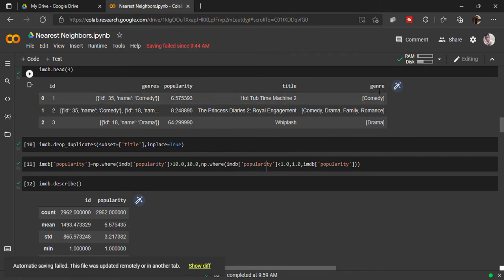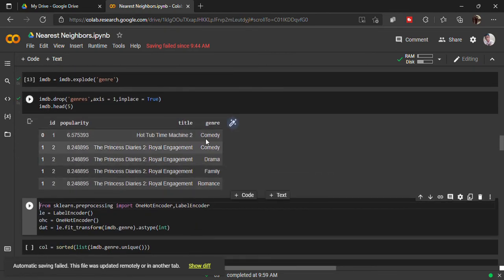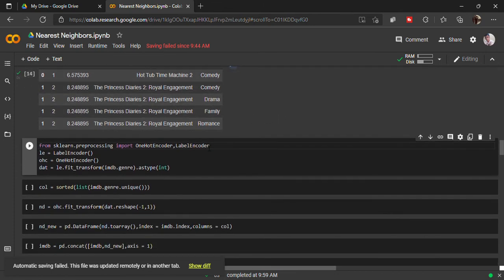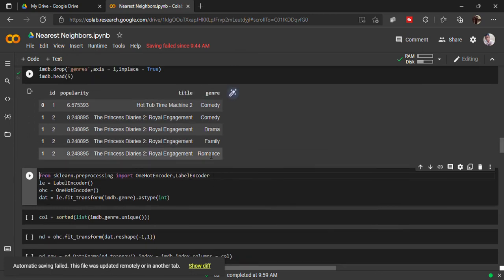You can see what the values inside the genre were here and what the values are now in genre here. It just duplicated the values, and it assigned each genre to its respective title. So it just expanded.